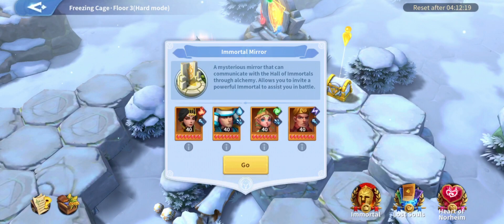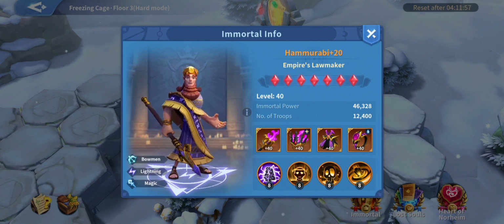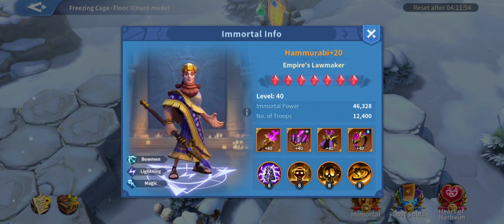I got pretty lucky on this one. First time I pulled up Atalanta and Hura. Gonna try Atalanta first. And with this update, we do have the option of seeing what skills they're gonna come with. Let's see right here. I am kind of tempted to use him